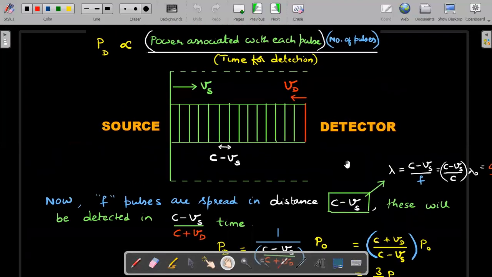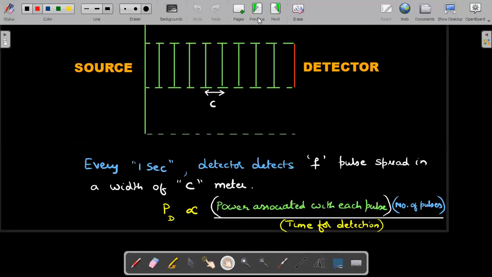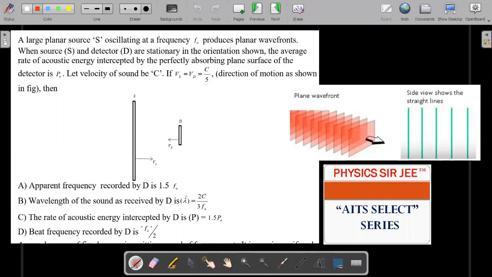There is no beat frequency here. For beat frequency you need two frequencies being detected. The detector detects only one frequency, so with only one frequency you will never have beats. With all this information, let's go back and mark the options. The apparent frequency recorded would be the same factor, 1.5, right? The same Doppler effect factor we saw even in the power detected. So C is also right. I think this option was wrong because we ended up getting a 4/5 factor. And beat frequency is an incorrect thing to ask. There's no validity of beat frequency here because only one frequency is detected. So AC is the correct answer.